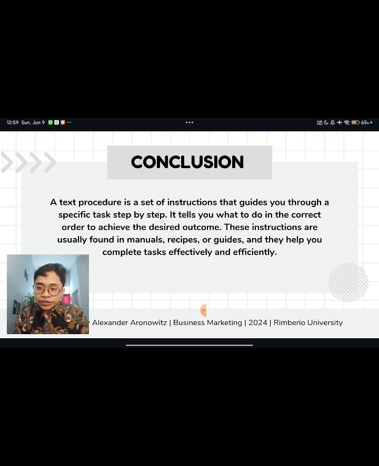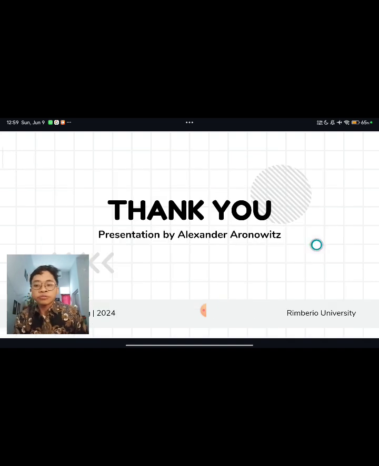These instructions are usually found in manuals, recipes, or guides, and they help you complete tasks effectively and efficiently. Okay, I think that is the conclusion of this material. Hope you guys already understand.